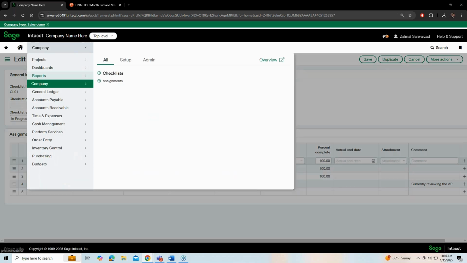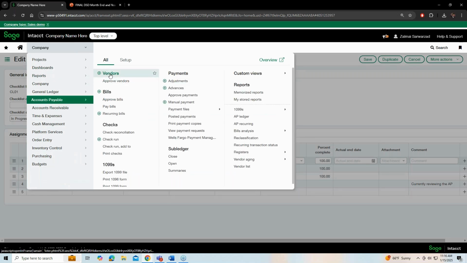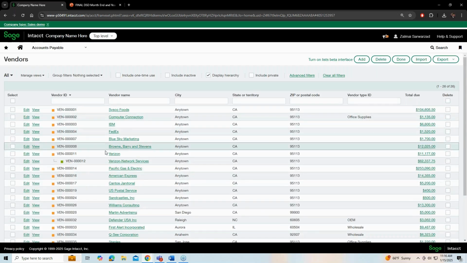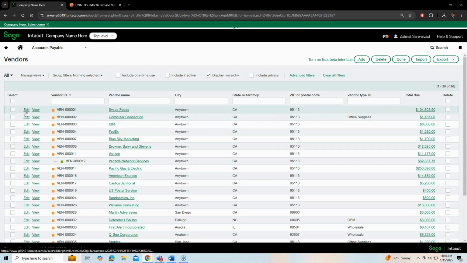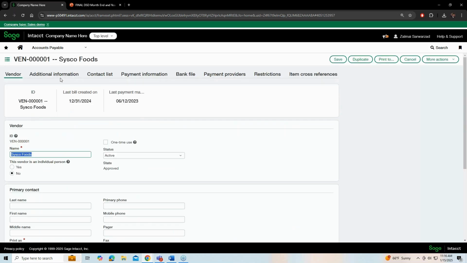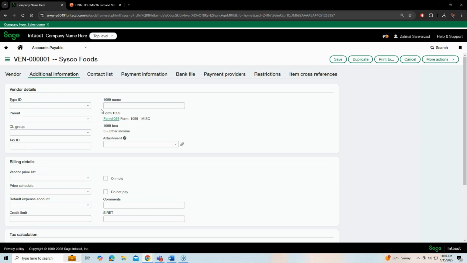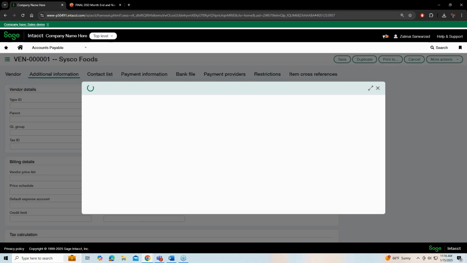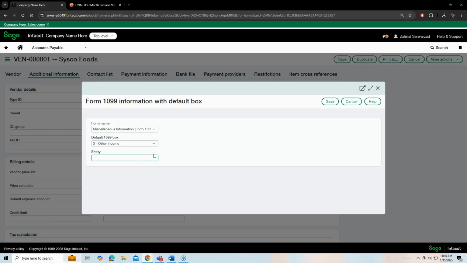Going back to the vendors, I want to go ahead and show you some of the vendors that I have. For instance, this one. So we talked about going to the vendors, clicking on edit. We want to go to additional information right up here, this tab. And as you can see, I have my 1099 form, which is the miscellaneous, as well as my 1099 box where I just put other income. If this ever changes, you guys could always go back and just click on this hyperlink, make the necessary changes